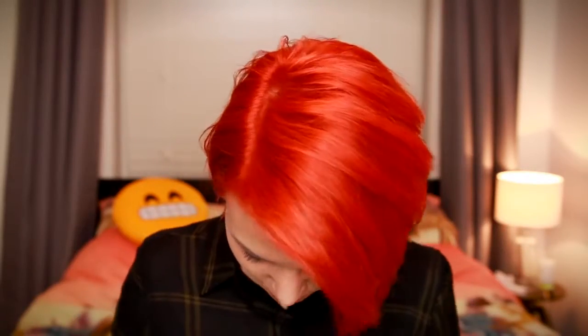It's just a black plaid shirt from New Look. I can't remember how much this was, but I really loved it. I don't really wear that much black stuff, believe it or not. I kind of wear like deep kind of autumn colours, like berries and mustards and stuff. But I really love this, especially because of Halloween. It's just black and green and it goes with the hair, and yeah, I just really liked it, and it's really comfy. It's a bit thin, but you know, if you wear like a sports bra underneath,